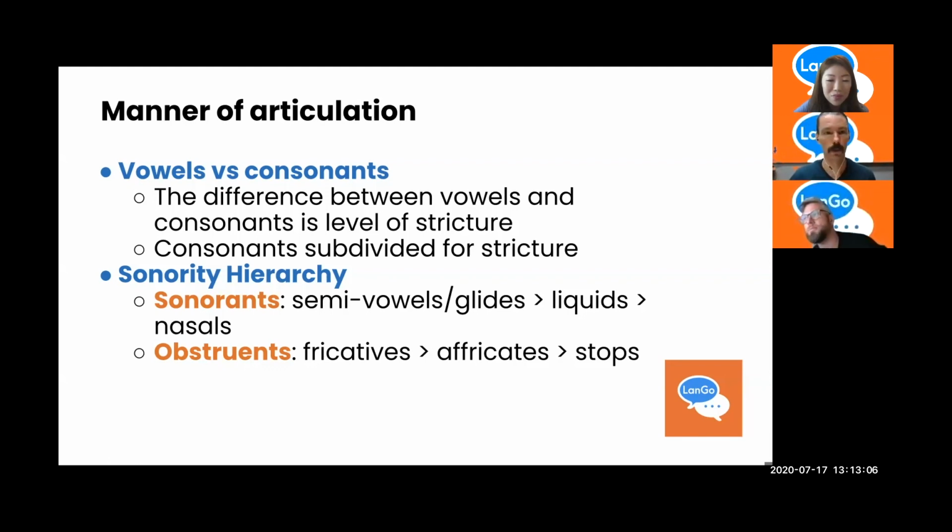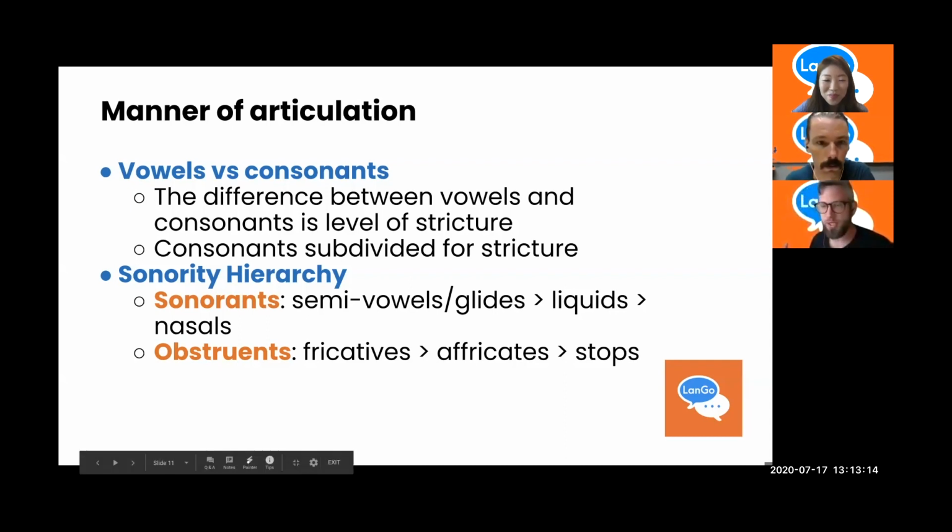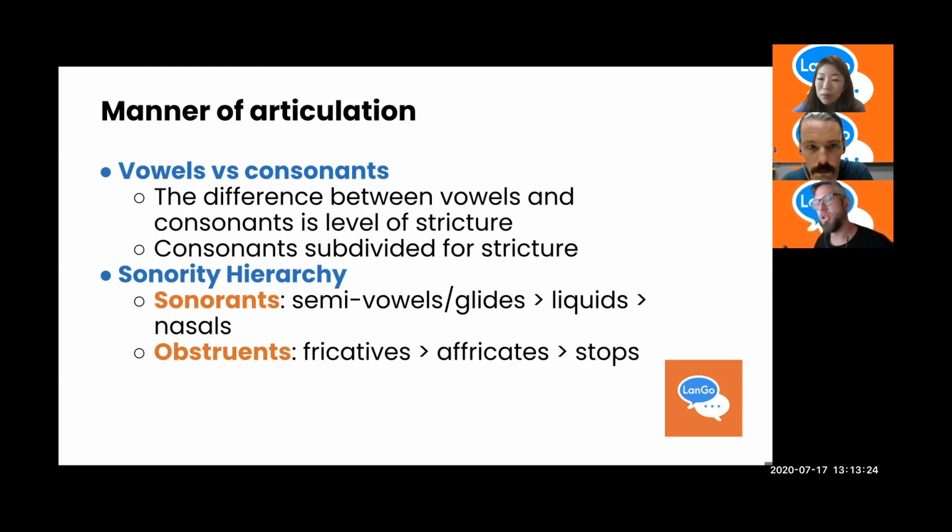Thank you. Well, our first series of obstruents are the least constrictive and the most sonorous. Obstruents are not sonorous. They're not even called sonorants, but the most sonorous of them is fricatives. And a fricative is kind of an easy one to remember, because it uses friction, but the air keeps going. So an example of a fricative is an S.